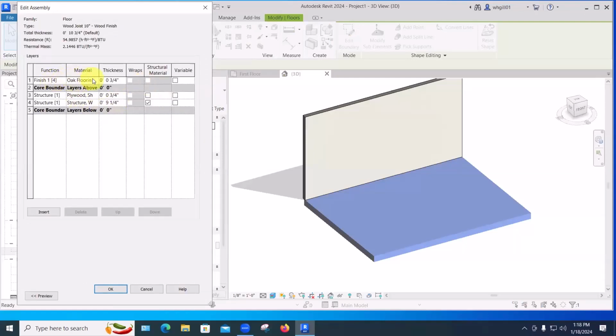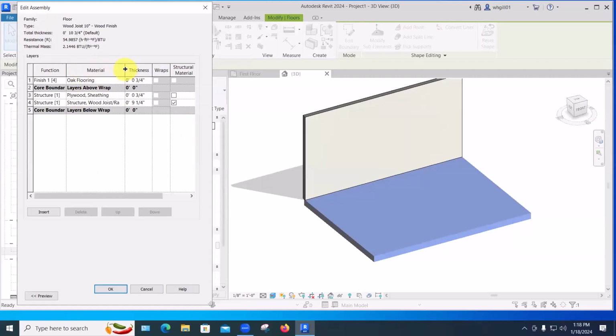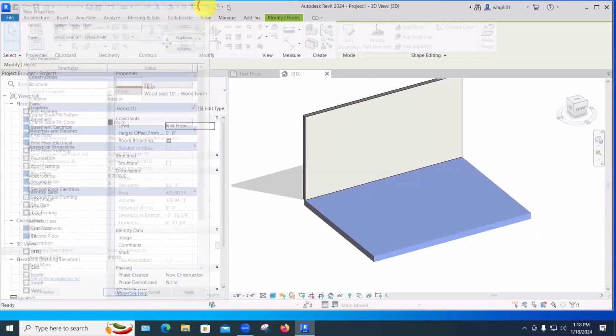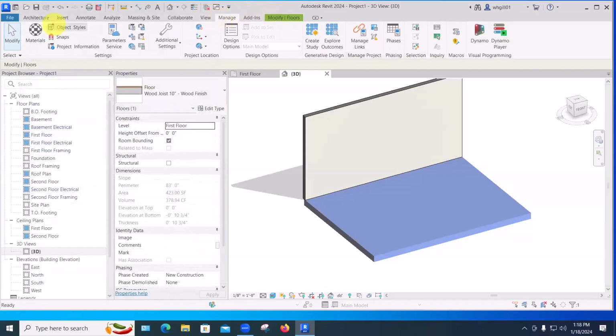we can see that the top finish of this floor is known to Revit to be 3/4 of an inch thick for typical flooring, and it has that image of the oak floor attached to it. So these materials are all ones that come right out of our materials manager or materials browser, same thing. So if we go into the materials manager, manage materials,